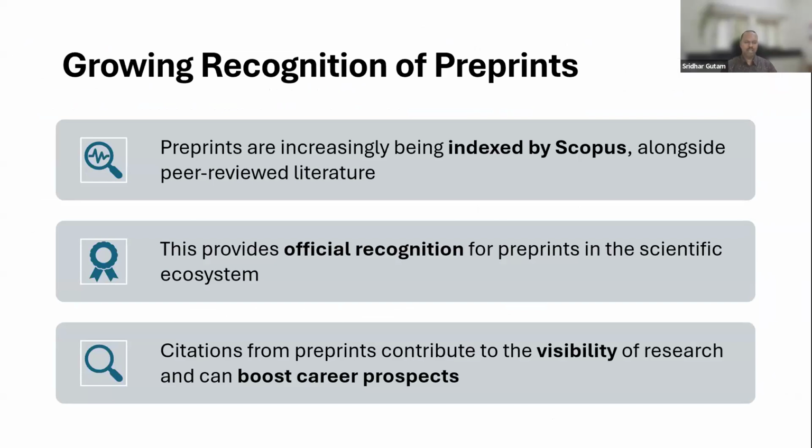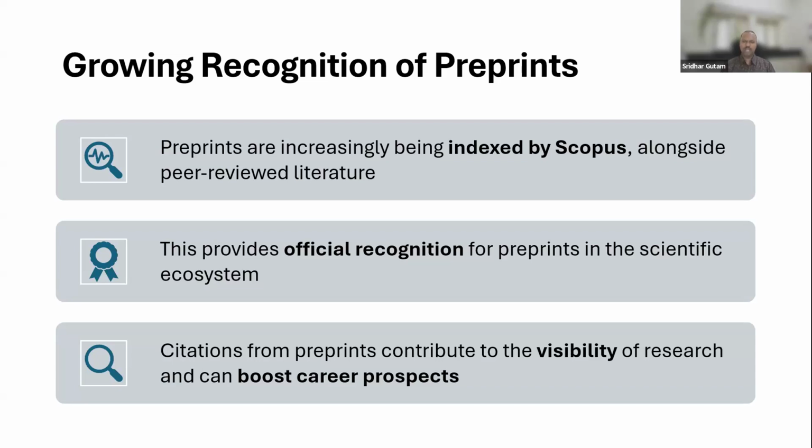This is happening, and being community driven, the publishers and the funders are also coming into this arena. Now Scopus, with Elsevier, were earlier only indexing journals and books. Now they have started indexing these preprints as well. Some of the preprints from bioRxiv, the biology archive, or medRxiv for medicine, are all under the indexing of Scopus. And now there is growing official recognition in the scientific ecosystem by the funders and also the